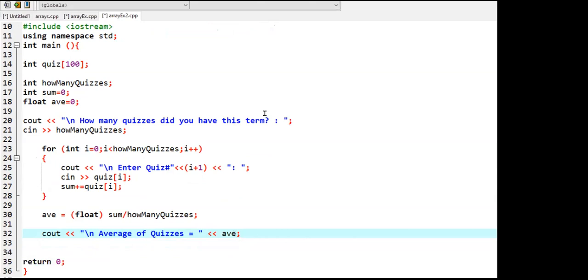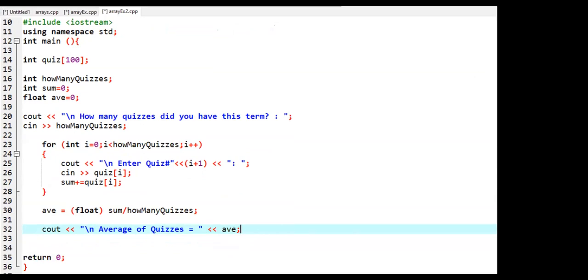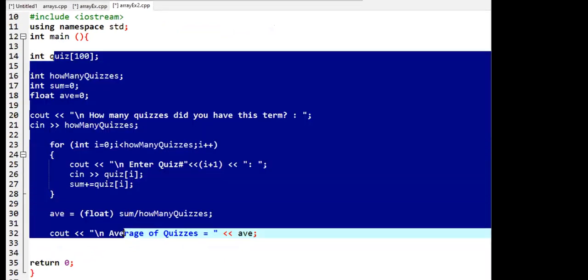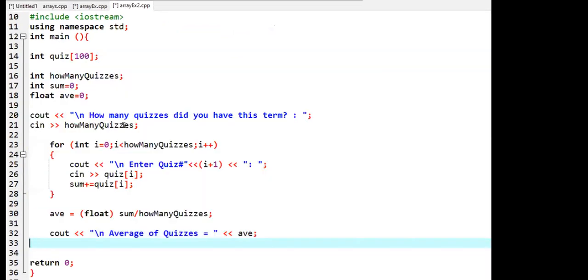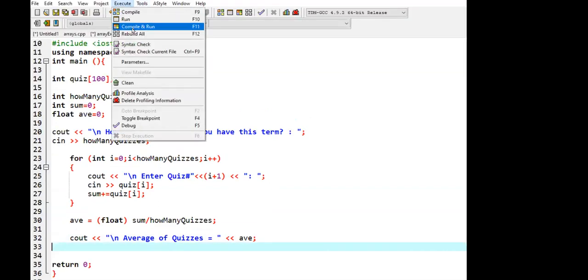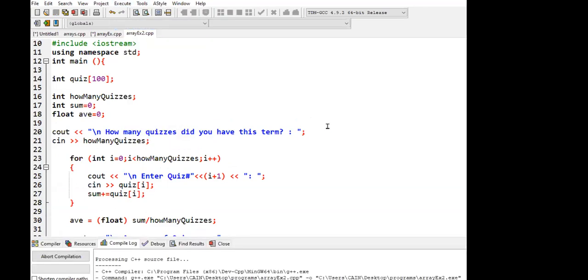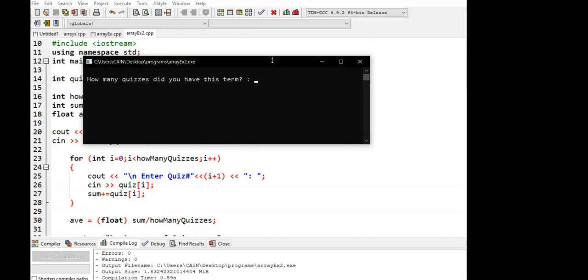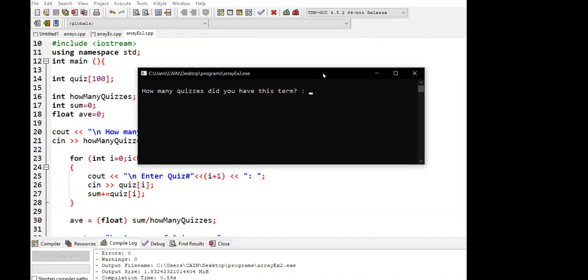So arrays also allow you to build flexible programs. As you can see in this question, I do not know how many quizzes this person had. He could have had 2, 3, 4, maybe only one. But regardless of the circumstance, I can calculate how many quizzes he or she had, enter them, and also calculate their average. To run this program, as you can see, the first thing it does, it asks me how many